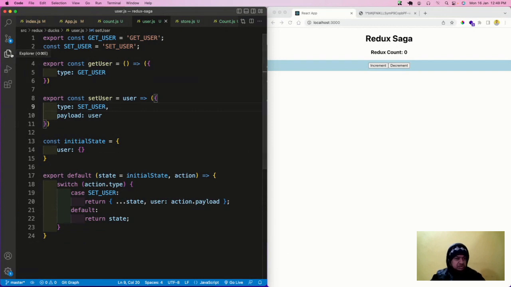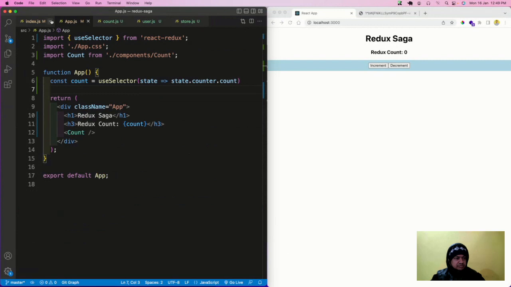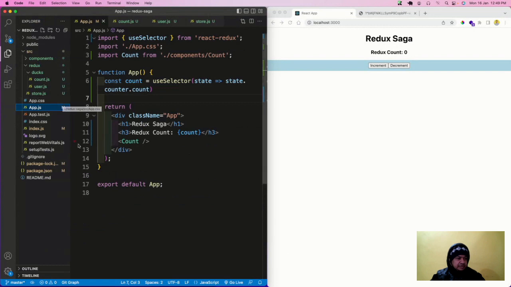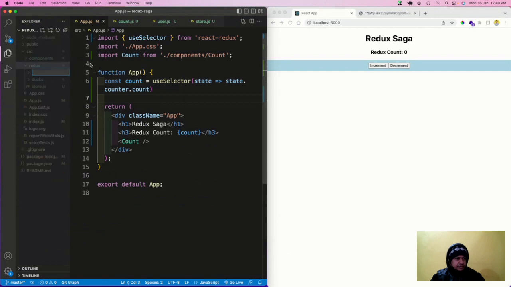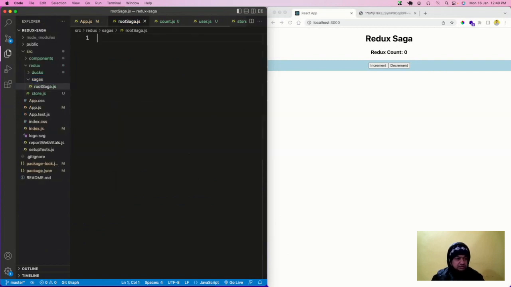So here, close some of these things. This I don't require. Okay, so here I will create a folder sagas inside the Redux folder. Inside this Redux folder, I'll create a sagas folder, and in this sagas folder, I will write a root saga dot js, root saga dot js, and then